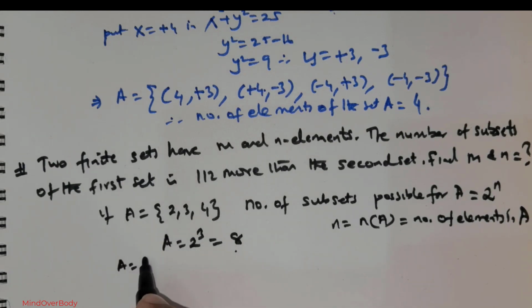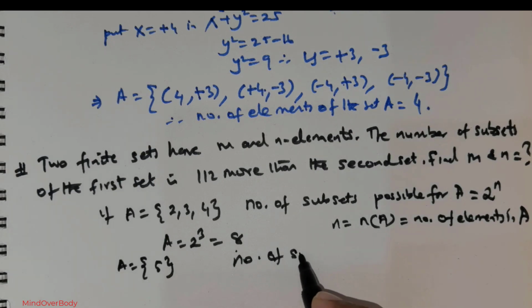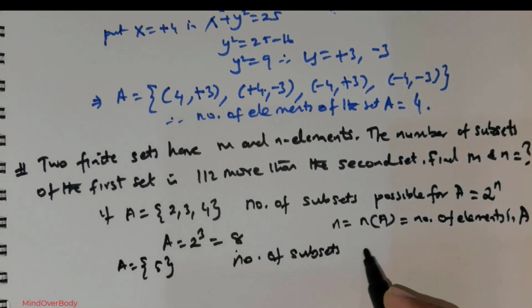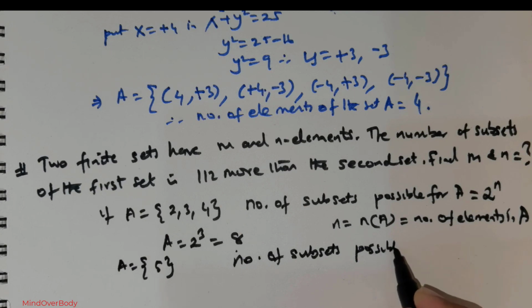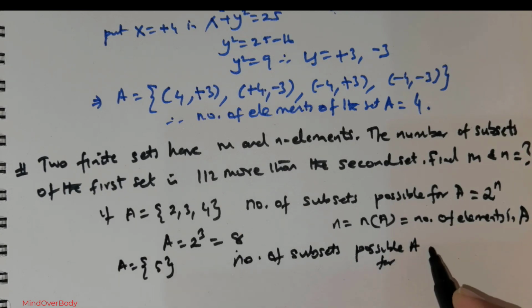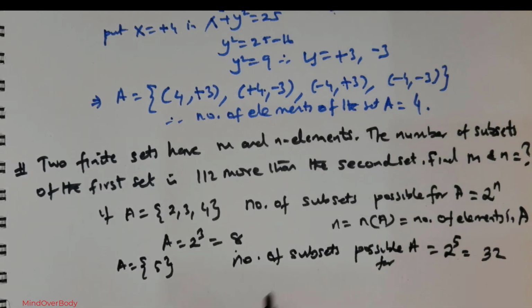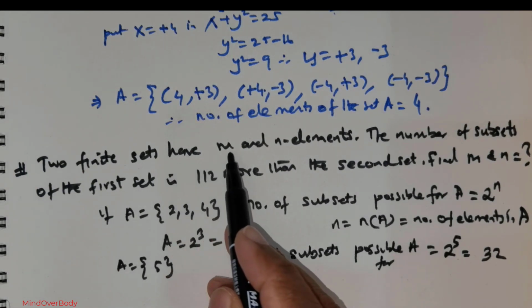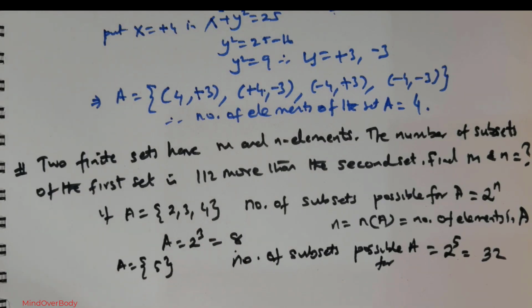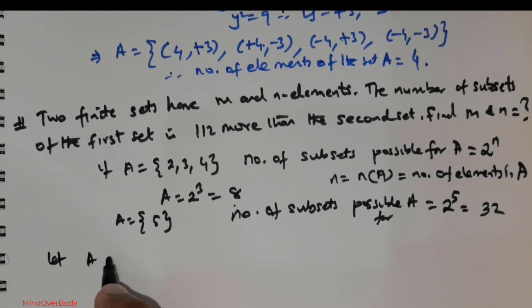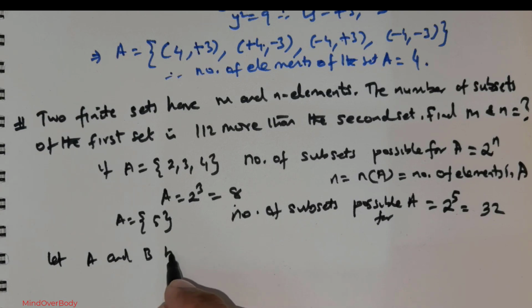Now suppose A has got say 5 elements, then the number of subsets possible for A is going to be 2 raised to the power of 5. So that's going to be 32. Right? So that is how we calculate the subsets. Now in this question we are given 2 sets. So let me write that down. Let A and B be the